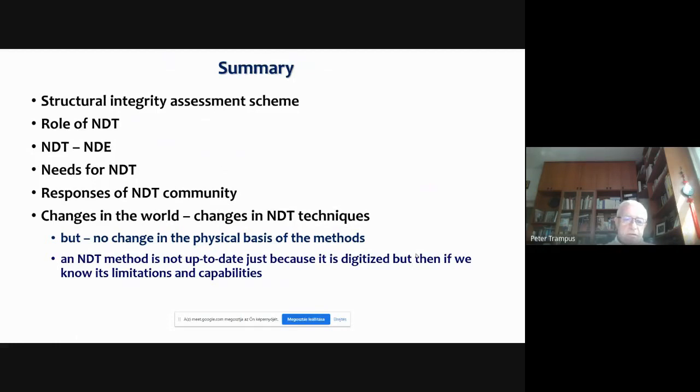And I close my presentation with this: the changes in the world and the changes in the NDT techniques are dramatic, but one thing that does not change is the physical basis of the NDT methods, and an NDT method is not up to date just because it is digitized. But it is if we know its limitations and capabilities.